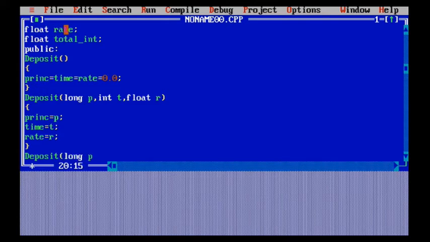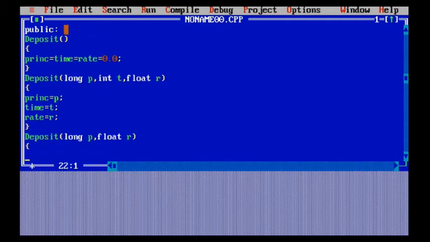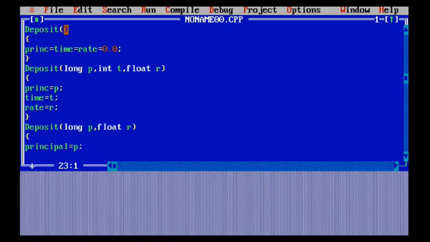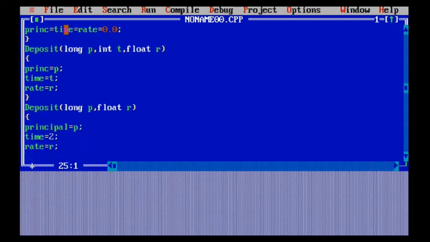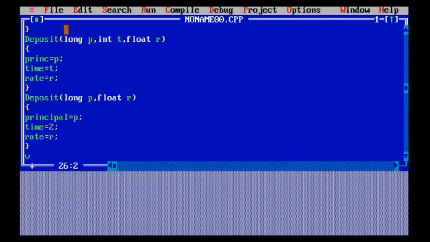Now after that, I take another constructor in which I use long p and float r, or t, whatever you want to use, that is your choice. In this case I have used float r, which means I have skipped the time. In the previous case too, with function overloading, I skipped a parameter, but the function name was similar. Since I skipped the time, but the variable exists, the constructor needs to know what the value of the time is. So I define the time right here as 2 years. Then I define the rate equal to r, whatever value is passed at the time of object creation.